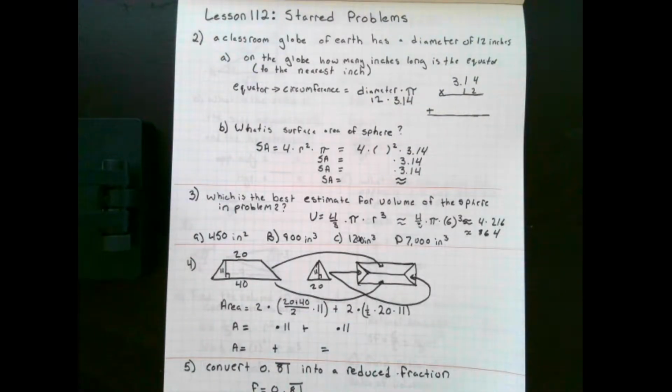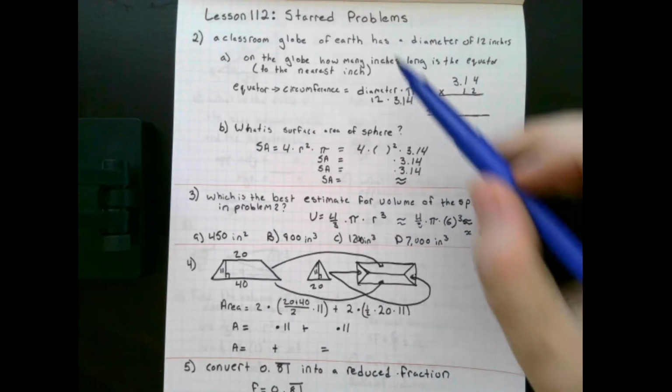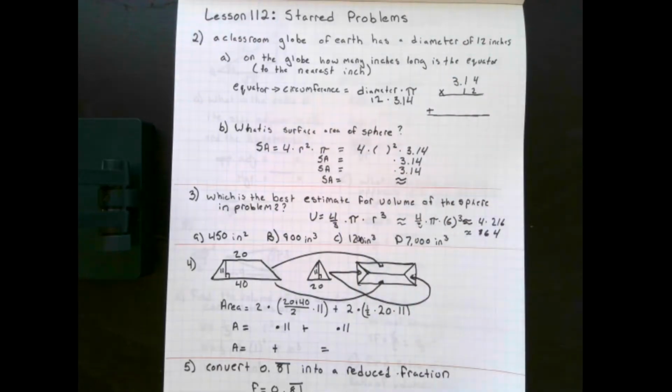volume of a sphere. Now, question number 2 is our first starred problem. It says a classroom globe of Earth has a diameter of 12 inches. And then it says, A, on the globe, how many inches long is the equator to the nearest inch? Now, the equator is the line which goes around the center of the Earth at its widest point. Now, that's effectively the circumference of the circle in the middle of the globe, which would have the same diameter